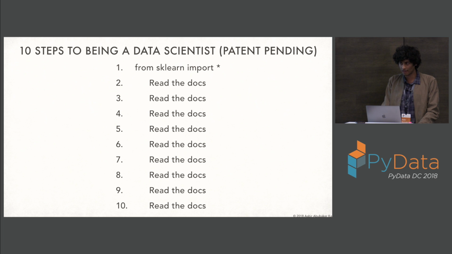And with that, I leave you with my 10 steps to being a data scientist, which is to just go in and get your hands dirty, figure out what an algorithm does, how to use it, shove your data through it, because you're not trying to put it in production yet, and understand these algorithms, because actually trying to get into the depths of the mathematics gives you much more insight.